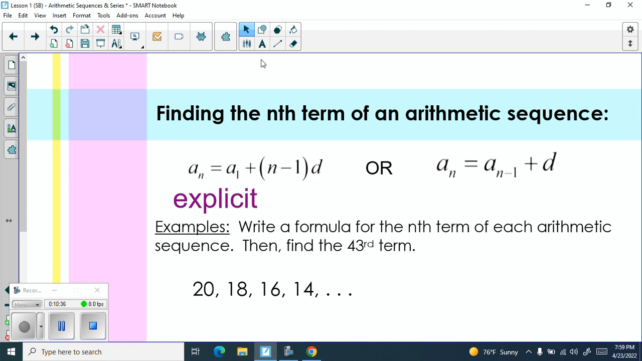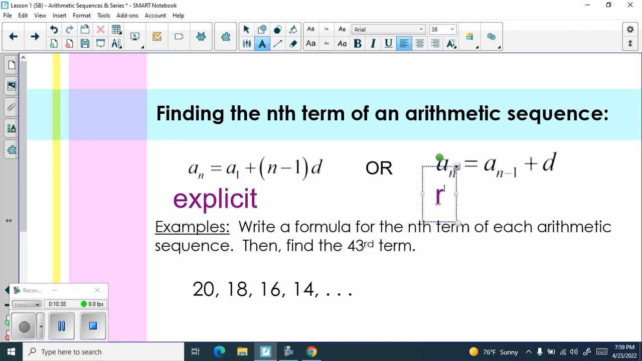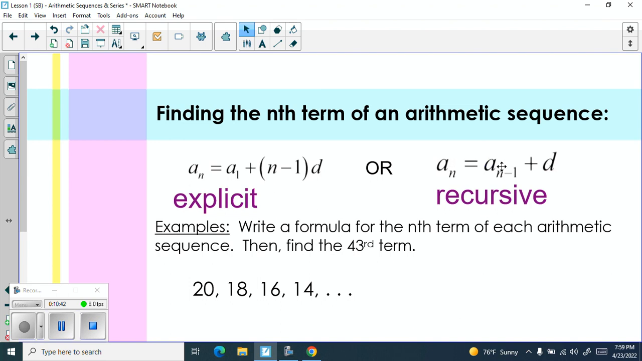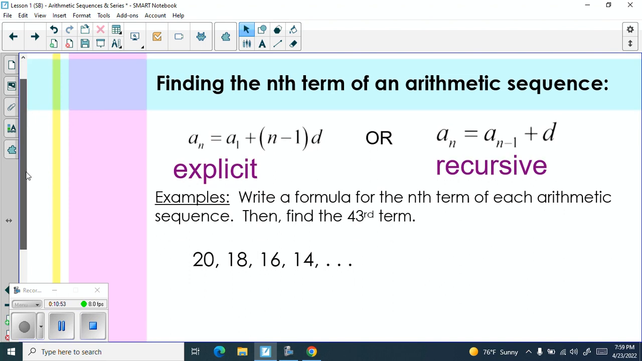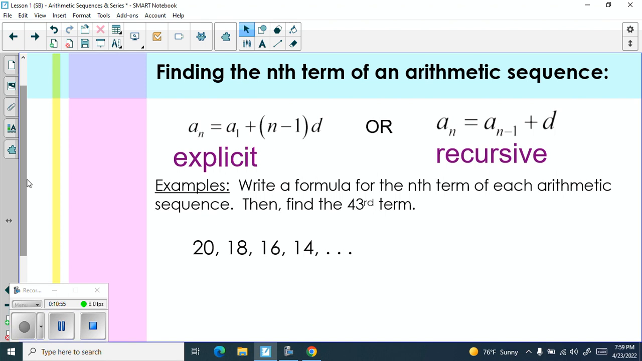For the second one, that is another example of a recursive, like the Fibonacci sequence. So you have to know the term beforehand in order to find your next term. A lot of times we'll refer to that first one. So we're going to write a formula for our nth term for each arithmetic sequence, and then we're going to